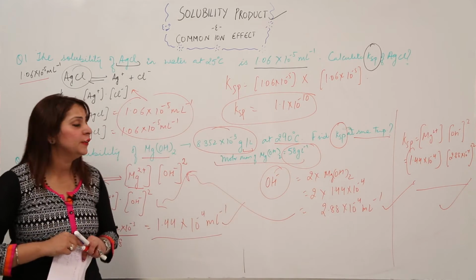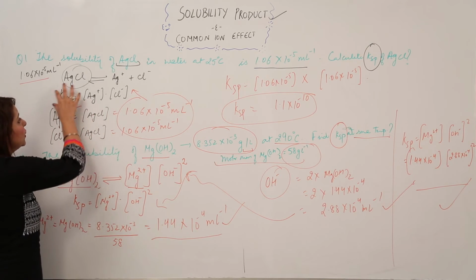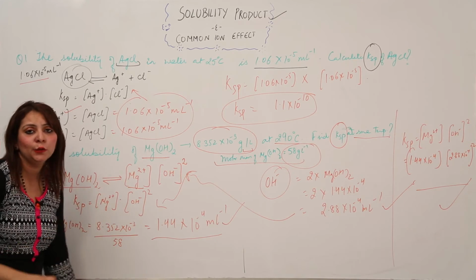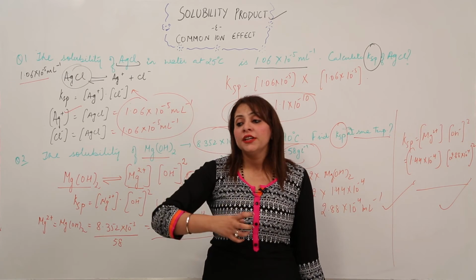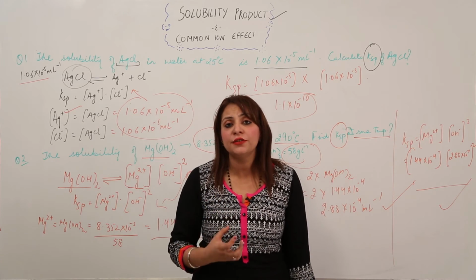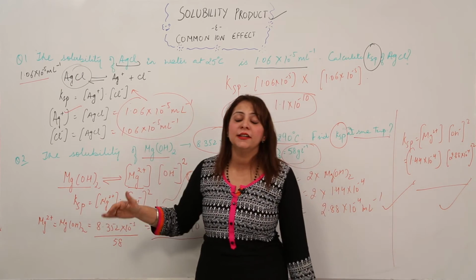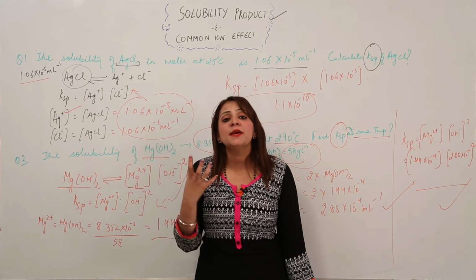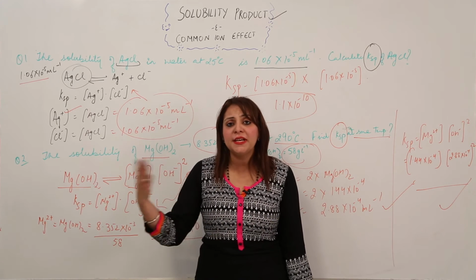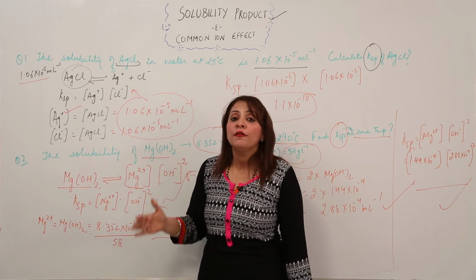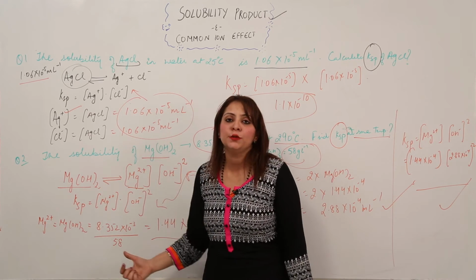And what is the difference that exists between these two problems? It is that in one the moles are equal and here the moles are unequal. So if the moles are unequal, you need to use the moles to find out the concentration of that specific ion. Then only you will be able to solve the numerical. So these are the numericals you'll get on the basic numericals based on the solubility product. I'm not talking of the applications because we'll be taking an application in the next attempt, but for this moment, if somebody asks you to find the value of Ksp, it is found in such a way, right?